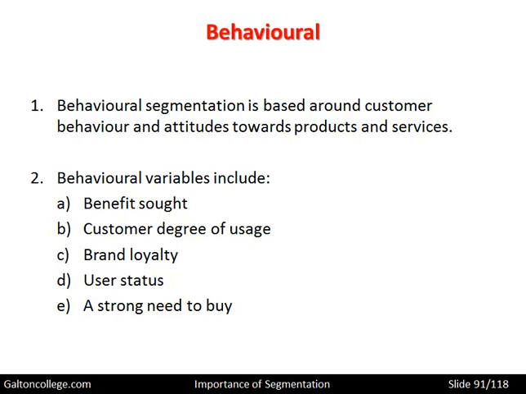But the customer must have a strong need to buy. They must have needs that will drive them to buy the product. So if they have got strong needs to buy, then it's easier for the marketing department. It is not all based on persuasion from the marketing department. The customers have a need to buy, and the marketing department is simply facilitating that need by providing information, providing a product that is aimed at the satisfaction of whatever need they've got.